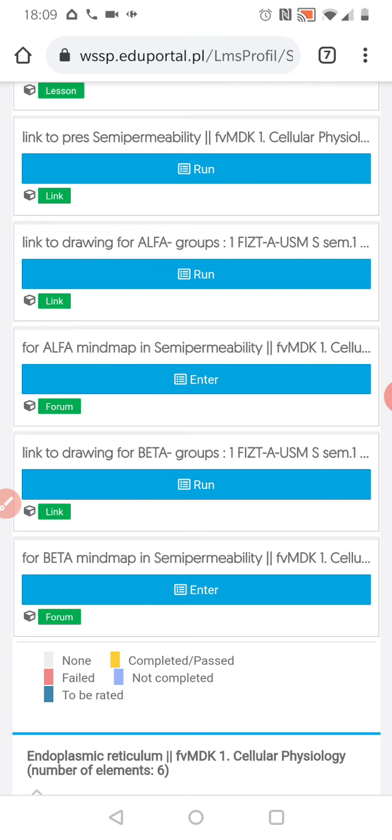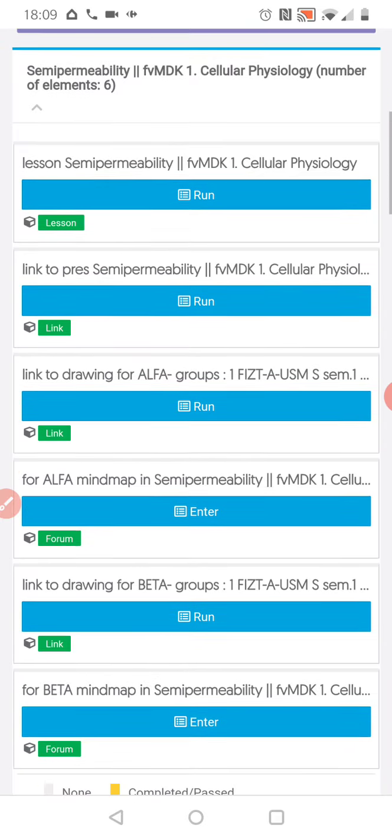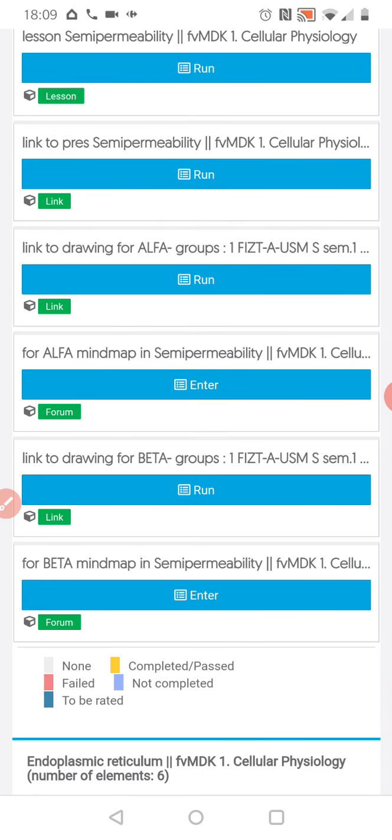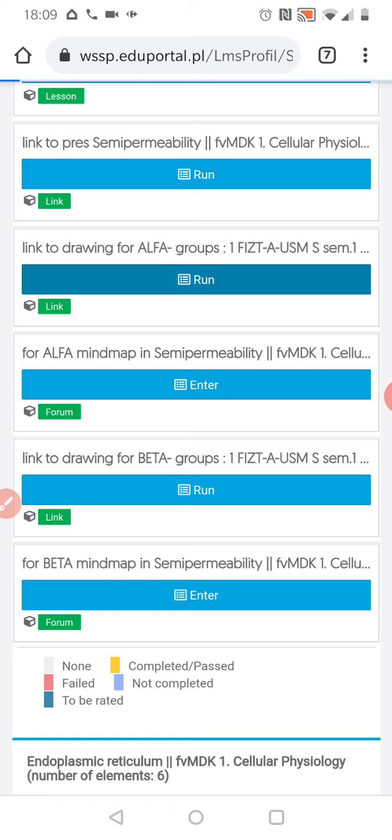So for alpha we have a link and a forum. For beta we have a link and a forum. What you need to do? Generally, in the case of each submodule, the alpha group and the beta group need to create the